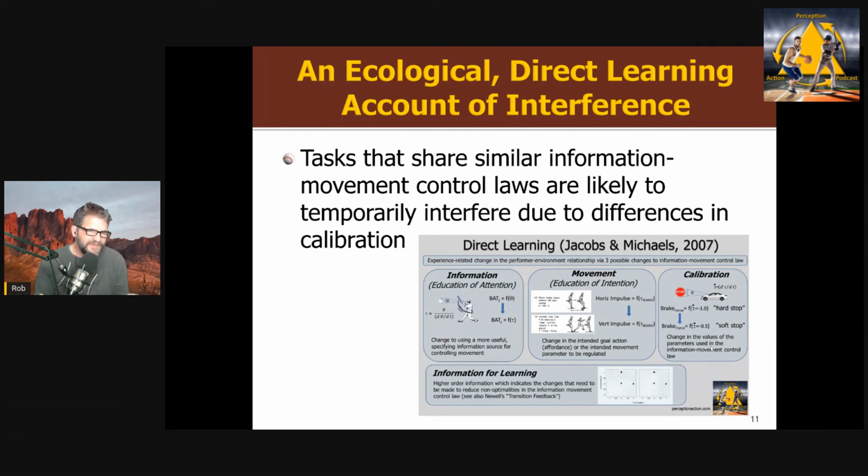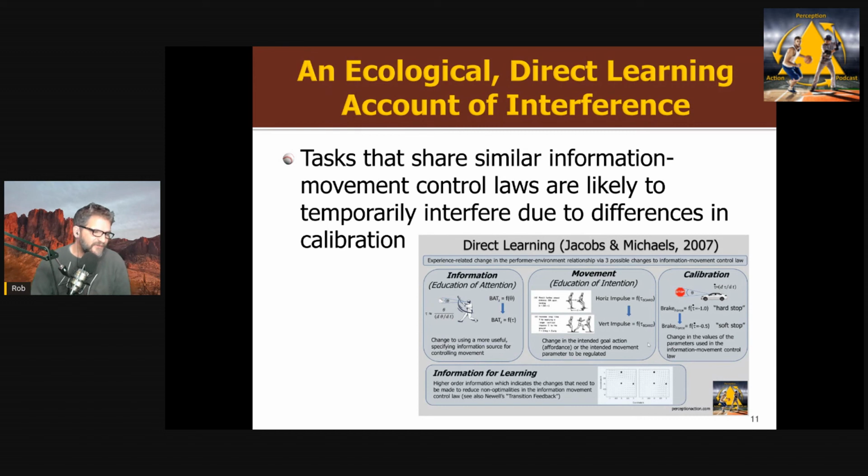The calibration that you've developed for one is going to likely interfere with doing the other, right? And as I said, Brett Fajen has shown this in some of his work on braking, when you give people different brake forces. So they're doing the same braking task, but the calibration is different because the cars have different forces. He's shown that you can get some interference. Although an important point about interference is that over time, people seem to get around this, right? They seem to be able to switch back and forth between both tasks, right? Because they learn separate calibrations for the two different tasks, right?